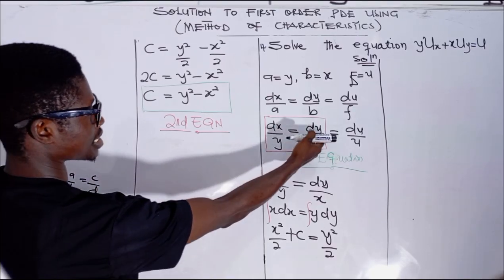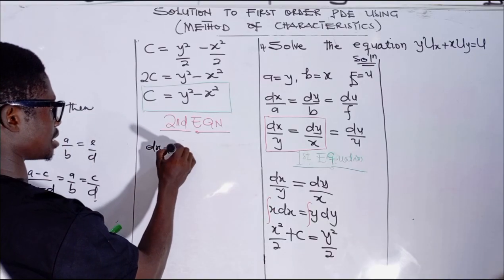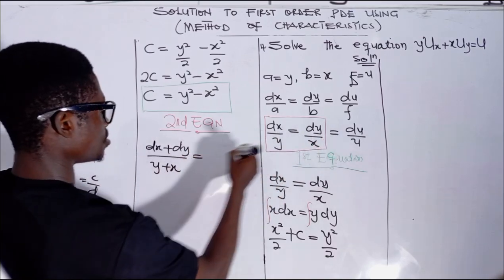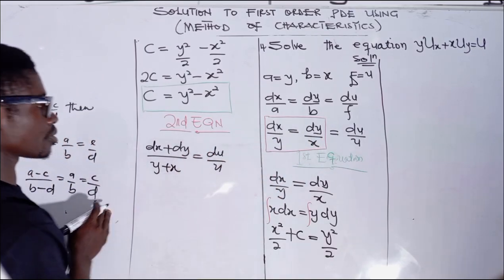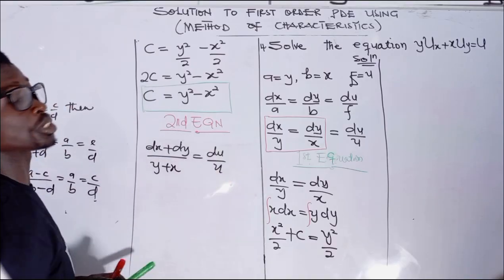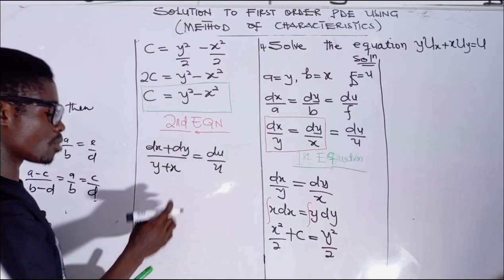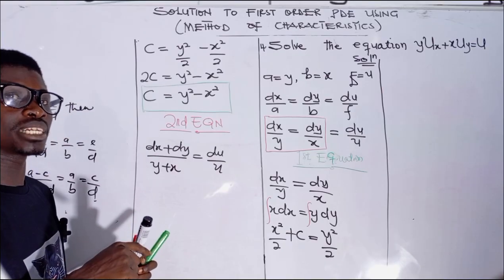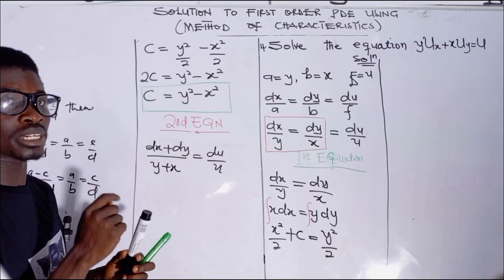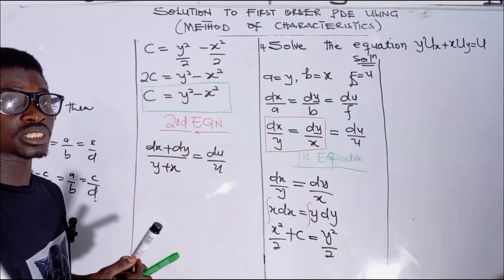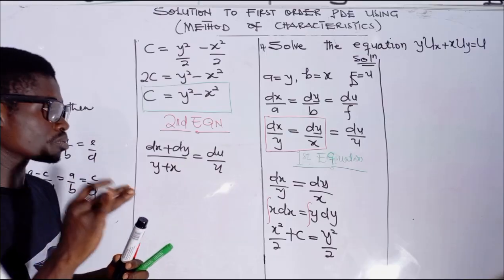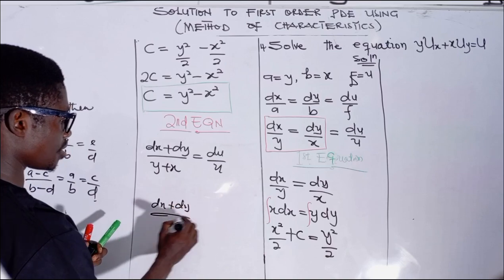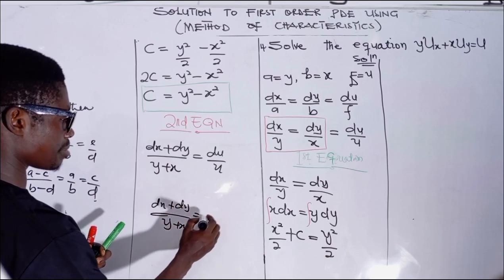So we can see that we have dx plus dy all over y plus x is equal to du all over u, applying the concept that we have just learned from basic algebra. Now, at this point, we are going to go back to our ODE when we were looking at the integrating factor depending on y and x. We came across certain equations. I think there were 8 or so, and one of them is that when you have dx plus dy all over y plus x, this is the same as the ln